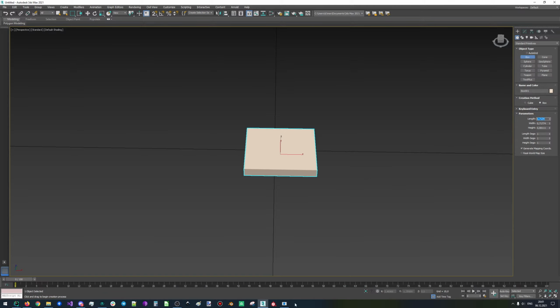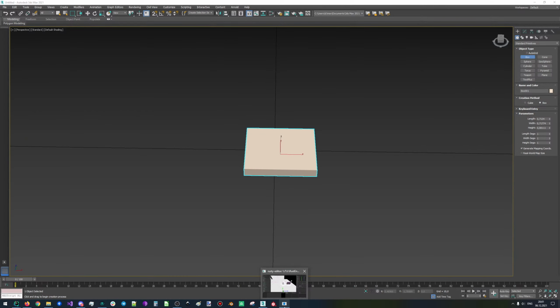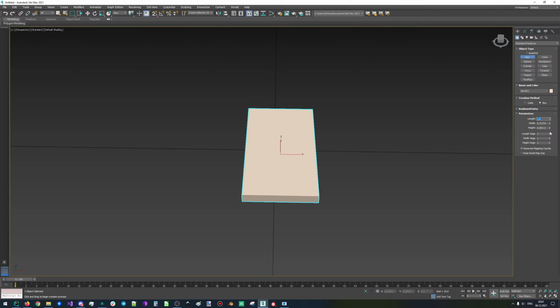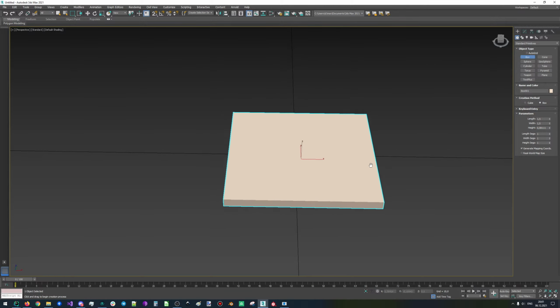Which size do I want the elevator to be? Maybe something like that. Yeah, and 1.5, and the height will be